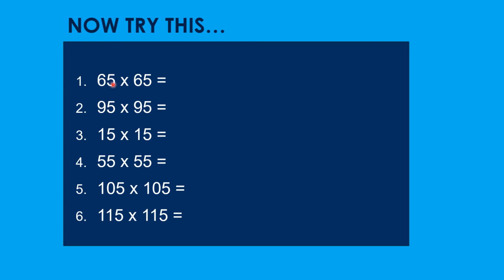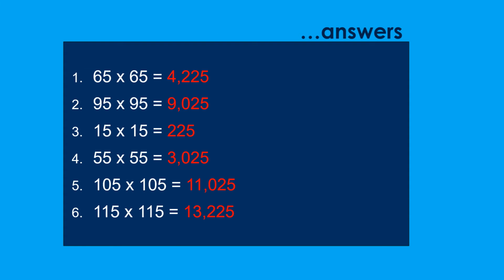So try to practice 6 problems and you can check your answers. I'll just go one problem here, like how you do the problem in your mind. So 65 times 65. Alright, so all these digits end up with digit 5. 65 ends with 5, another 65 ends with 5. So what you do? So what comes after 6 is 7. 6 times 7 is 42. Alright, and the unit digit you square. 5 times 5, 25.